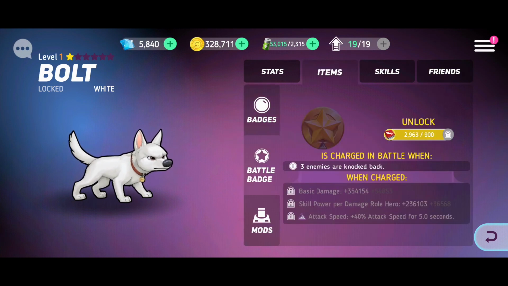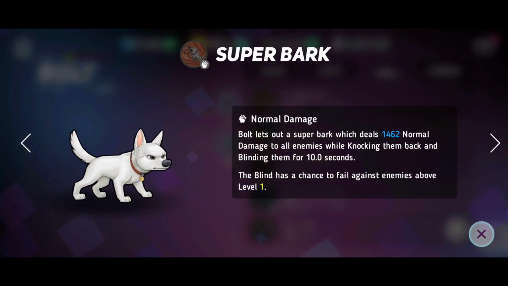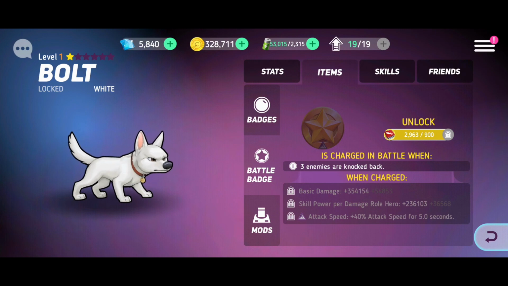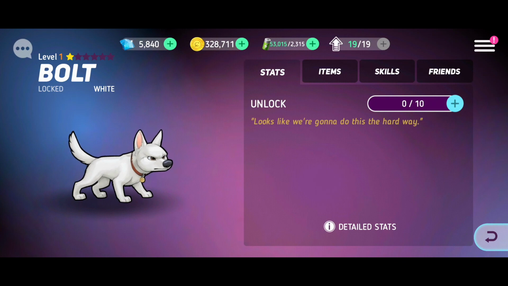Now, what about your battle badge? When 3 enemies are knocked back, which... Does this knock back everyone? Damaging... Yeah, all enemies, so yeah. The minute you use your super bark, you are basically... You become even faster! Speed Demon Bolt. I want you on my team. Just because. Hang on, what? And then it's going to be super easy to unlock you too, so...